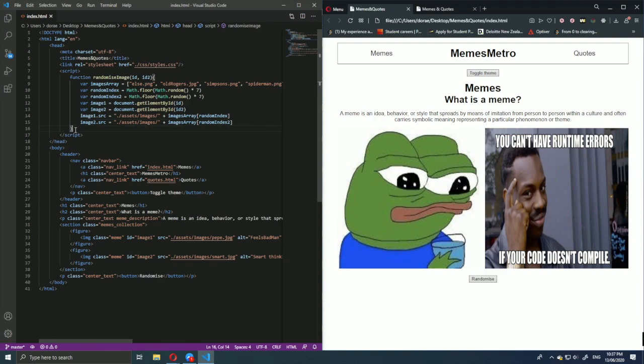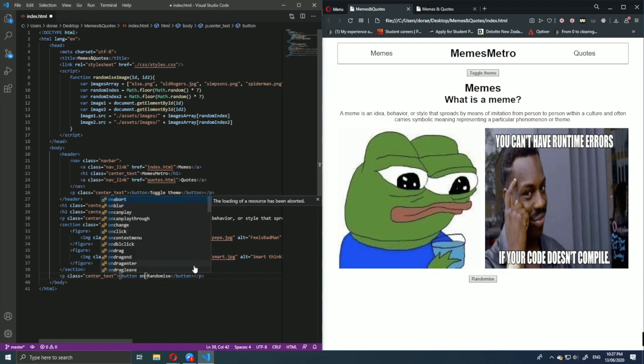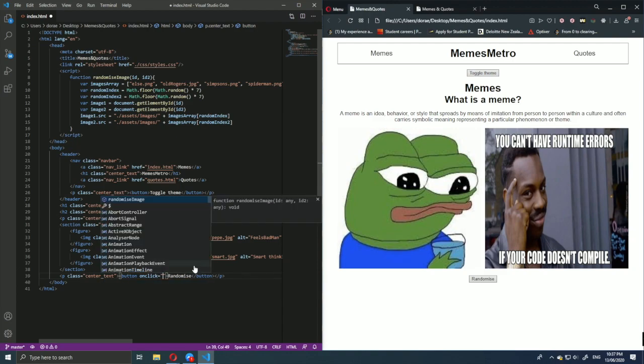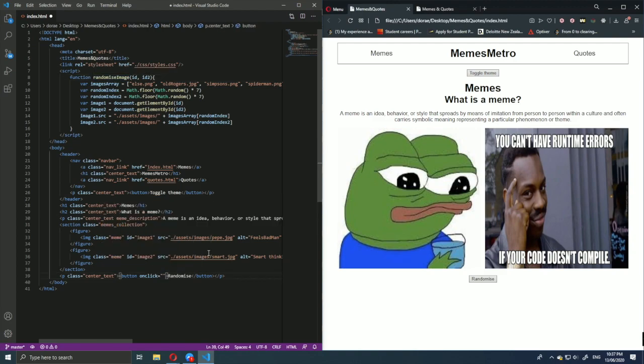Now that we've made this function, we're still not done yet. We need to call the function from within the buttons that we made. All HTML elements have an attribute called onClick, and it determines what it does after the element has been clicked. So we will define the behavior of the onClick. The attribute onClick equals, we want to call the randomize function that we just painstakingly made. So randomizeImage,